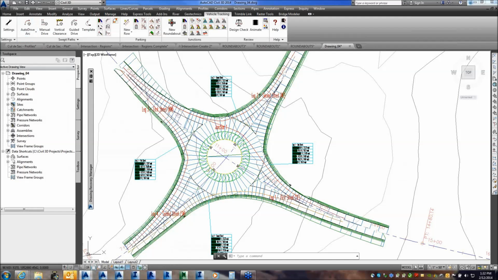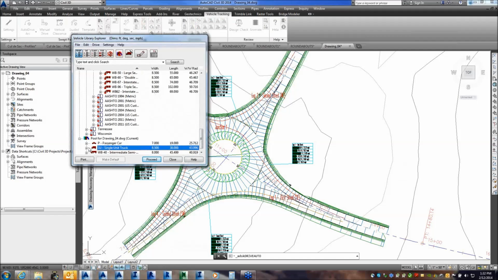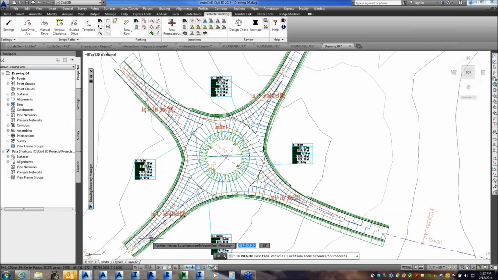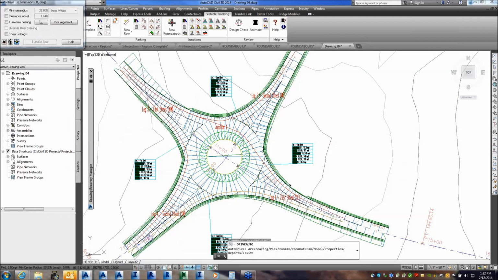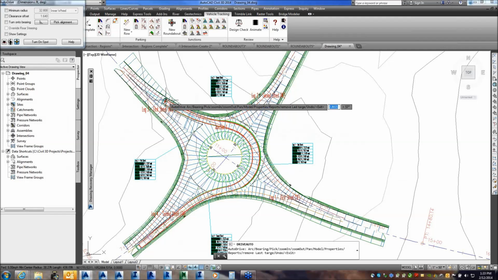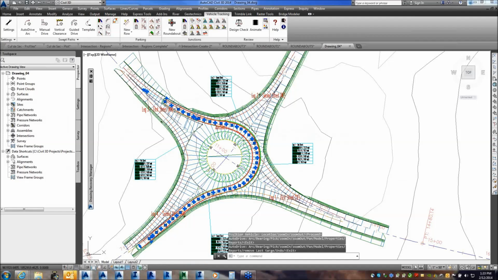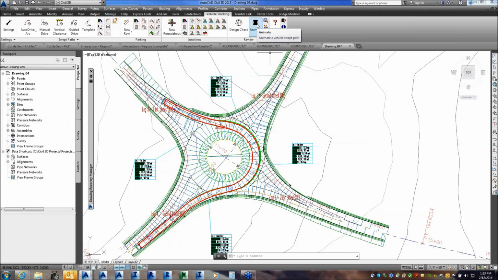We'll do one more. Snaps automatically. We'll use that single truck. And all I have to do is draft it right around that cul-de-sac. Hit enter. And then the beauty of that is now it shows me my swept path analysis through my intersection,